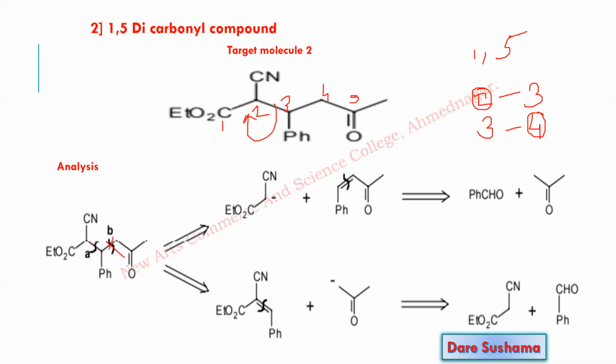So after disconnection A, that is in the direction of this, which synthon is generated? This synthon is generated: NC-CH minus and COOEt. The remaining part is what? This carbon now carries the positive charge. This is the alpha carbon and this one is the beta carbon. So whenever a beta carbon carries a positive charge, you always simply write down the double bond. So this is what? This is a retro-Michael addition reaction.